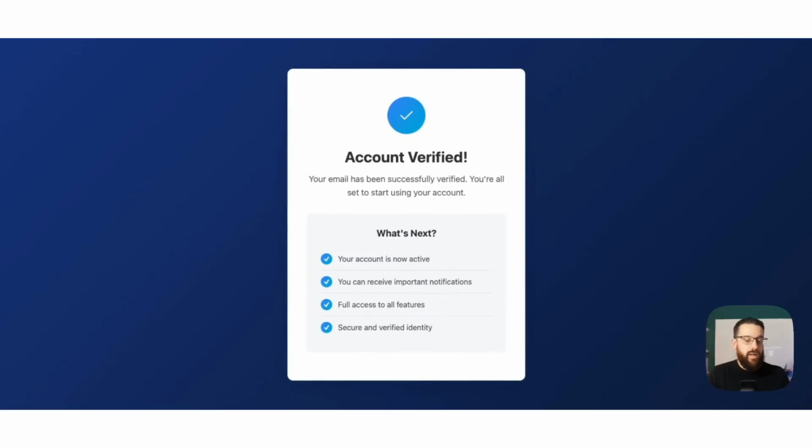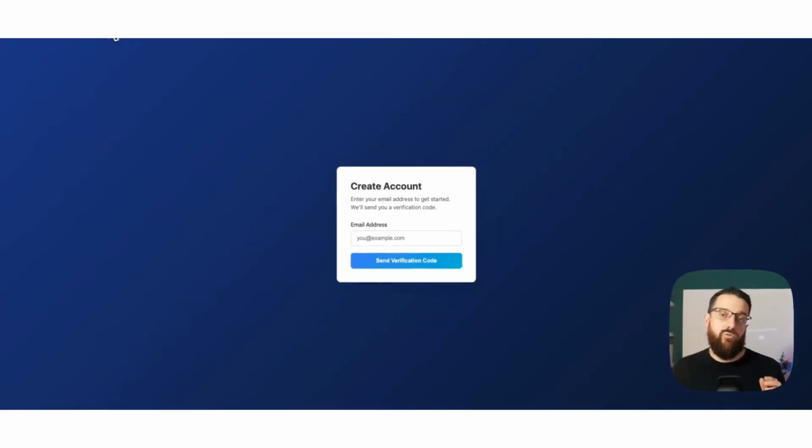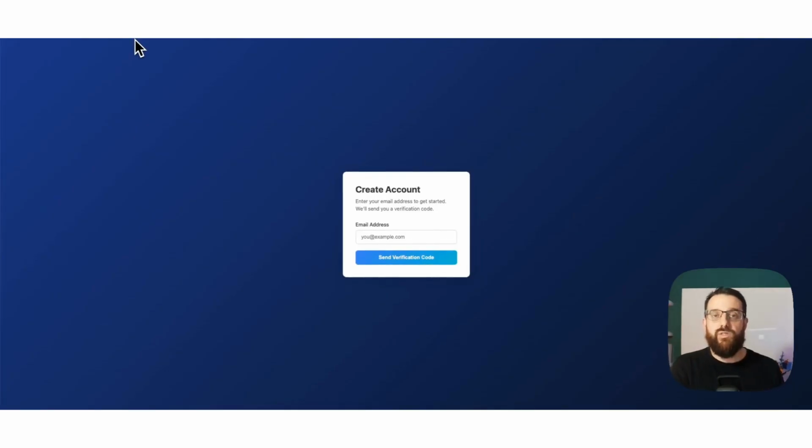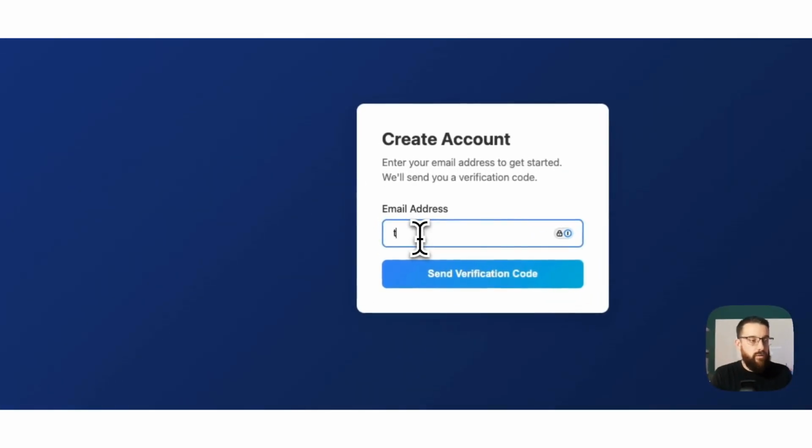Now, if this was an application like the ones you're all using, that email address will now be gone, right? That account's created, no one can sign up for that again. So let's say you wanted to test another account. If you weren't using something like Mailinator, you would have to go and create another email address. However, thanks to Mailinator's wildcard functionality, what we can do is just do